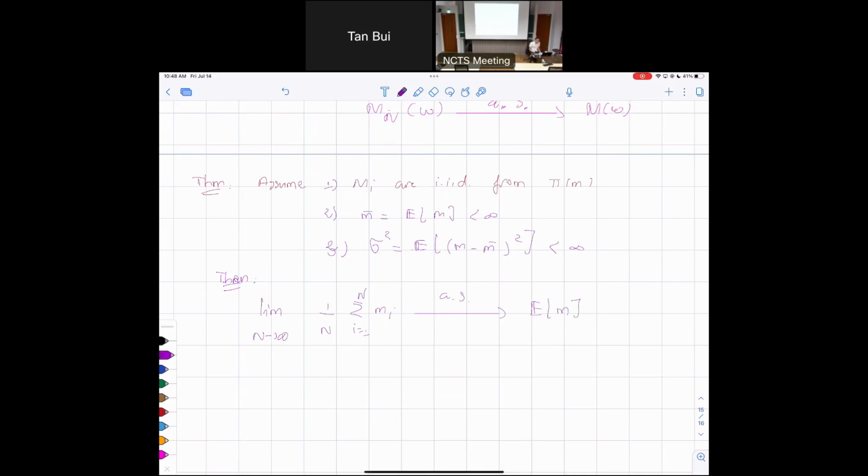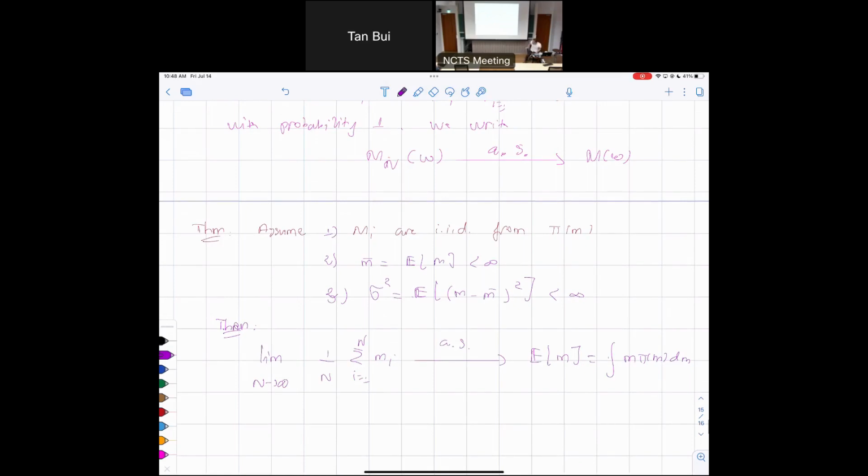Okay, so if you want to write this, it is just the integral of m π(m) dm, which is a special case where we know the probability density. You see that we don't even need to know the probability density, because this is generic, it says that expectation. All we need is that these are IID random variables,